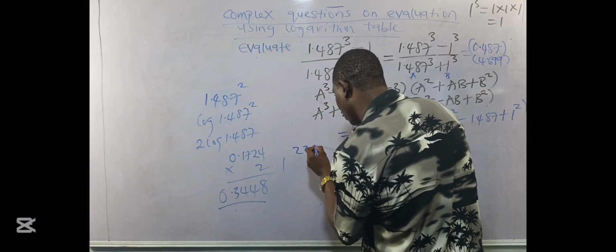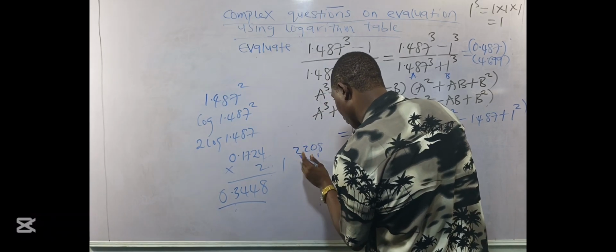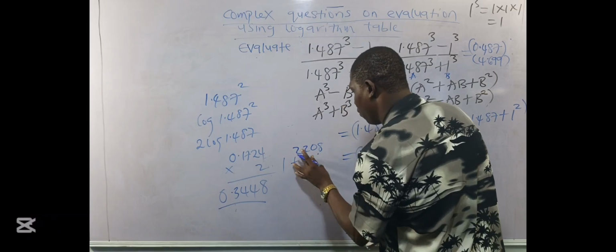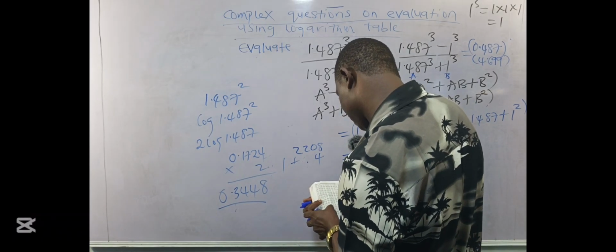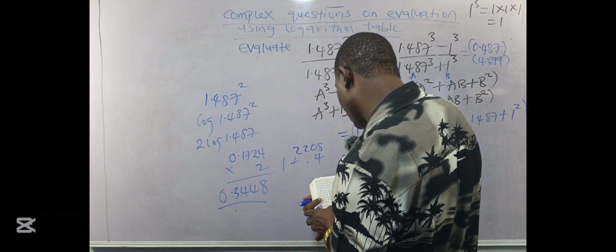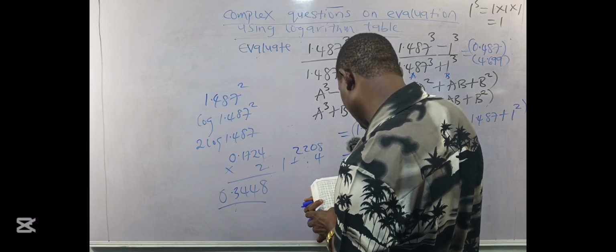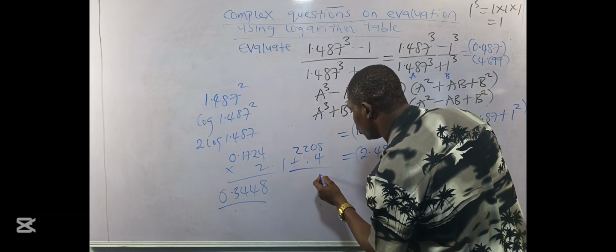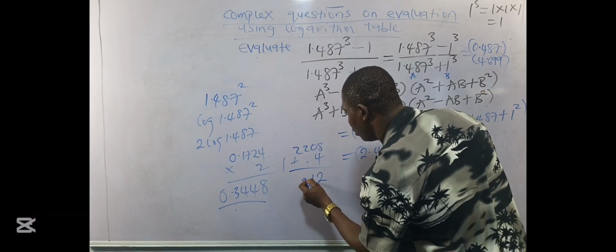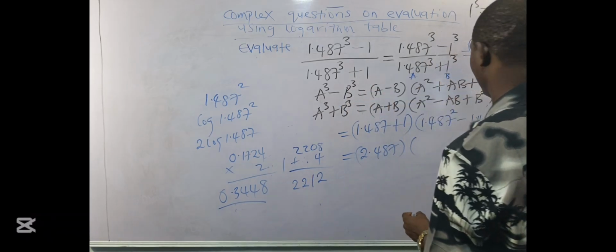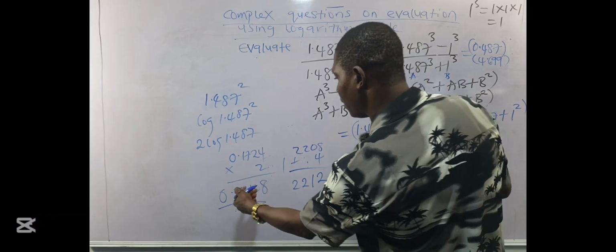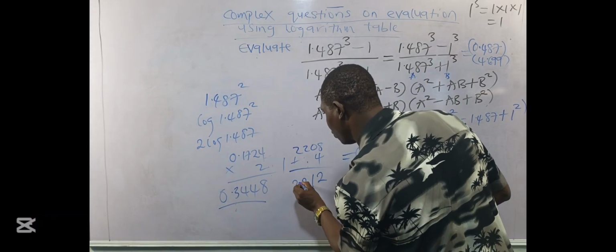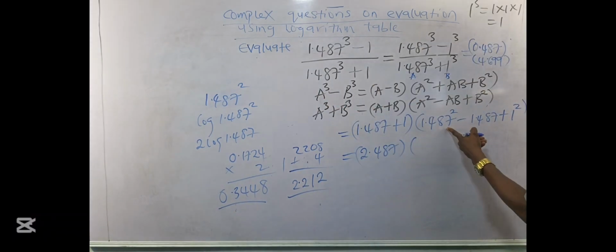So we have 2208 plus 4. 34 under 4 is 2208, and difference 8 is 4. So we add up to have what? 12. 2 carry 1, 1, 2, 2. So our decimal point will be 0 plus 1, which gives us what? This. So we have this square as